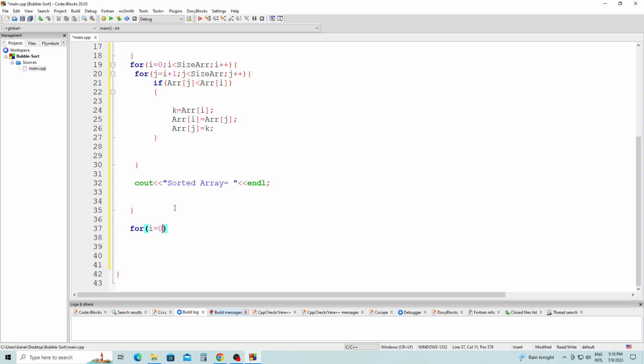For i equals 0, semicolon, i less than size of array, semicolon, i plus plus, and then cout array at i, end of line, semicolon, and then